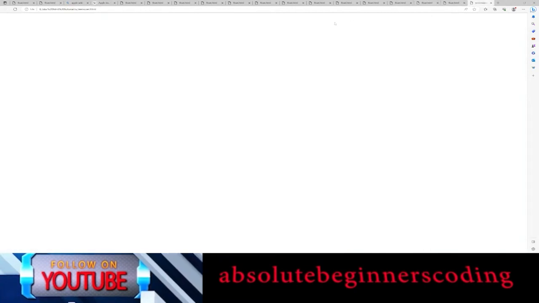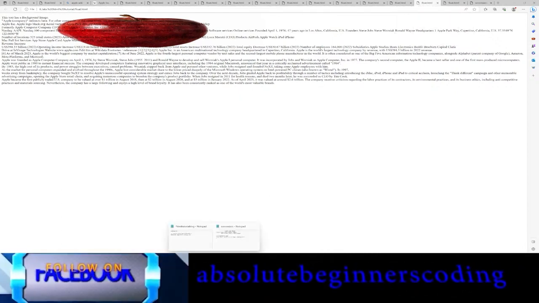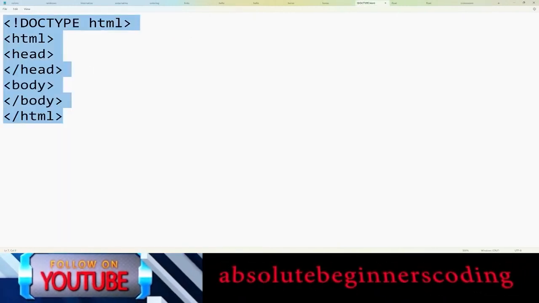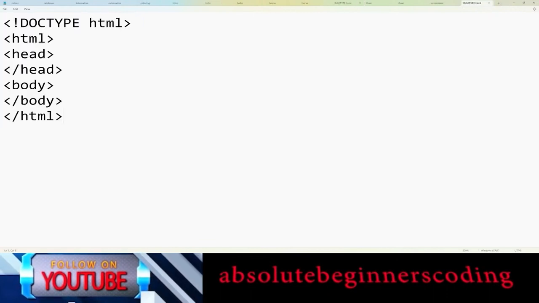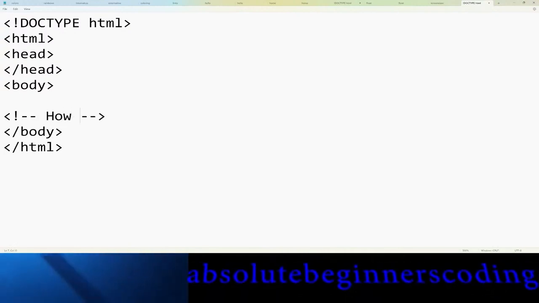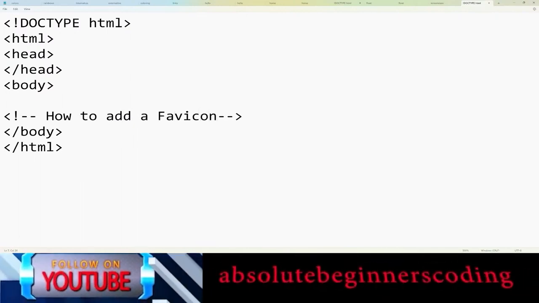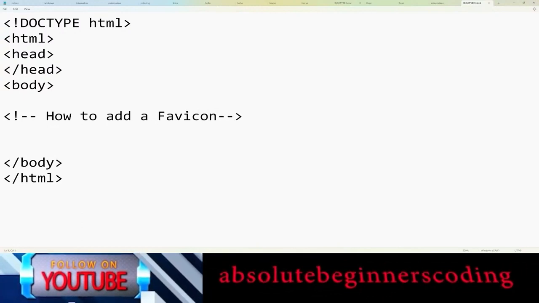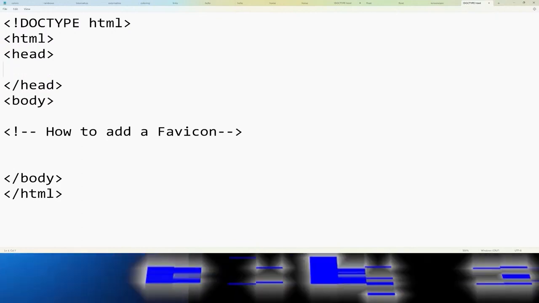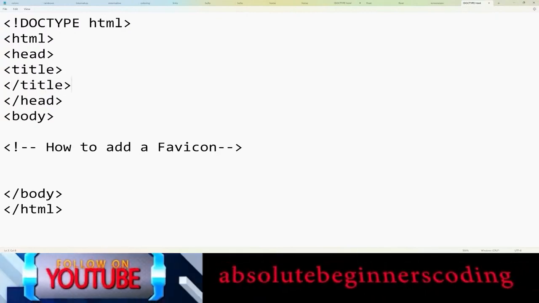In all our HTML pages we don't see a favicon, right? This is our HTML page, but we don't see a favicon here at the tab. So let's see how to add a favicon right now. To do that, let's go to the head part. Let's add a title right here, and let's say my page title,